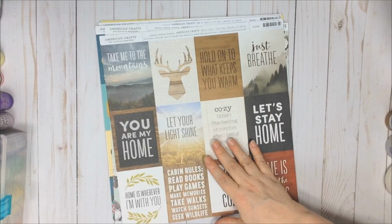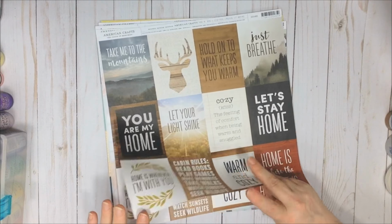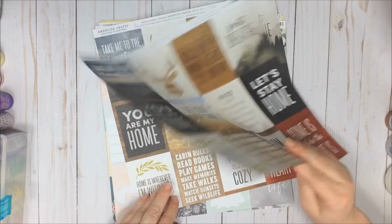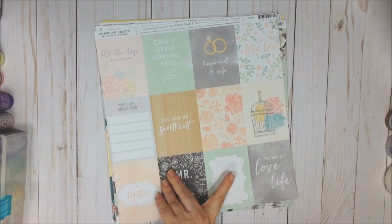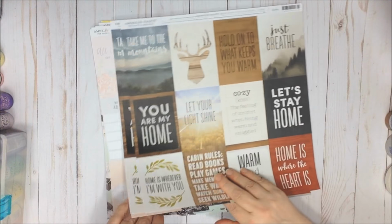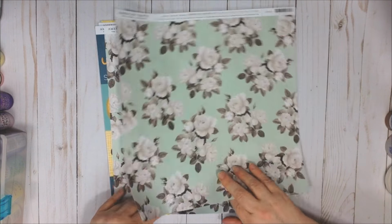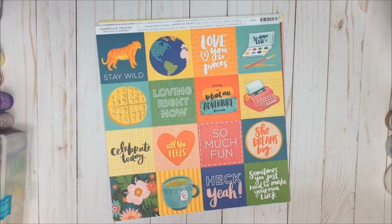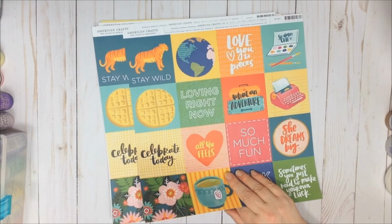Trying to do this quickly because there's a lot of loose sheets at 20 cents each. I thought it was such a good deal. More journaling cards. Well, paper, but you know, possibilities. I loved how some of these could be meant for anything. Florals, more journaling card type pages,